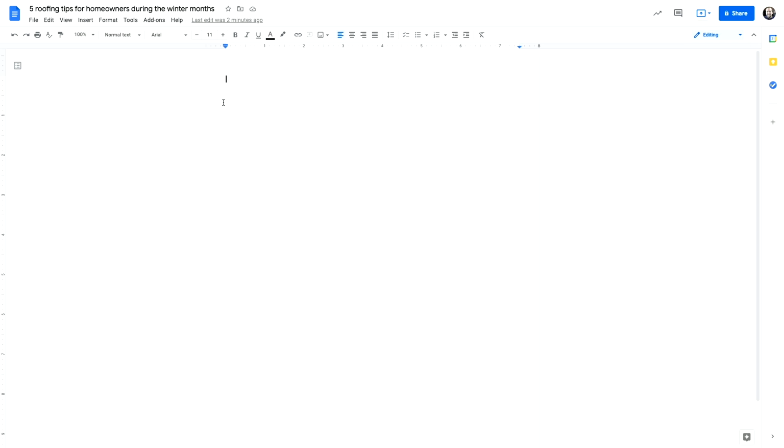The article that we put on Google Docs is going to be a quick article that we can easily create in Jarvis going over these 5 roofing tips. And for this example, I'm not going to go through and create it, but let's just pretend that we did. So after creating an opening paragraph, what we can do is include a link back to the website on a keyword they would want to use